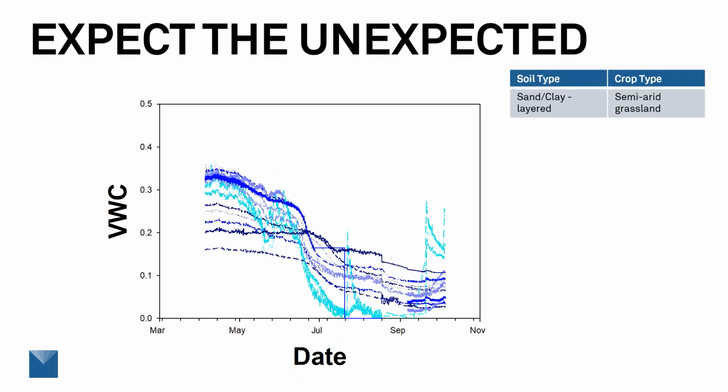So let me just start off with a story. Many years ago, I was working in the support area of Meter, formerly Decagon, and I talked to a young lady who was a graduate student who was frustrated by the strangeness of her water content curves over time. One of the biggest things she was asking was, why do I see so many different water contents in the same profile that I buried these sensors in?